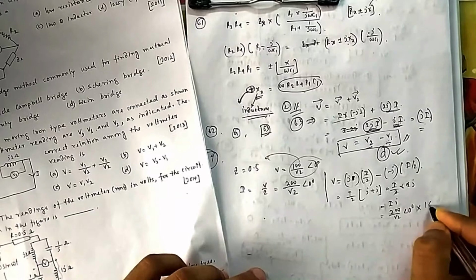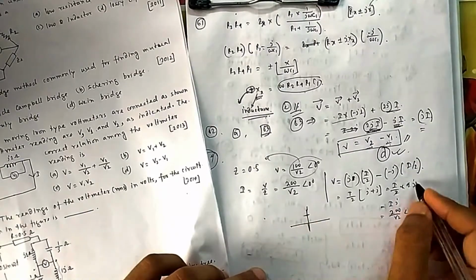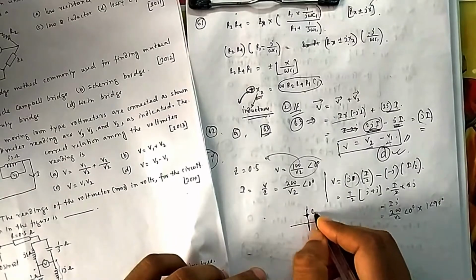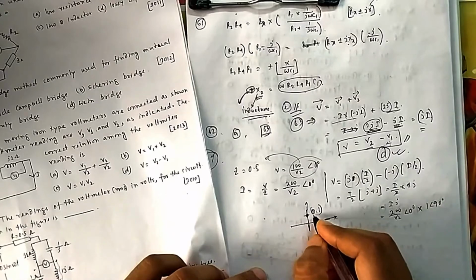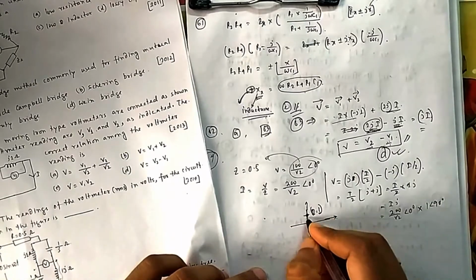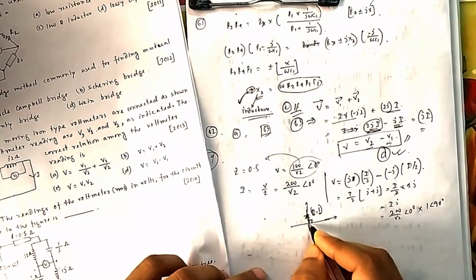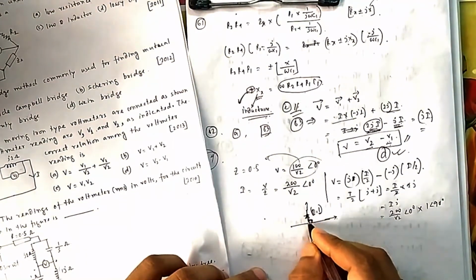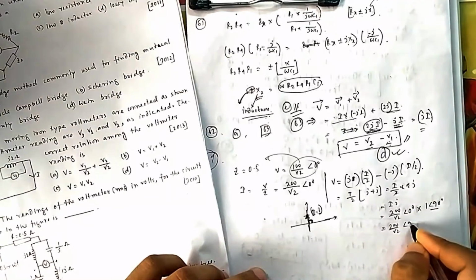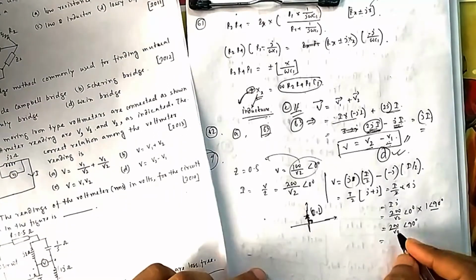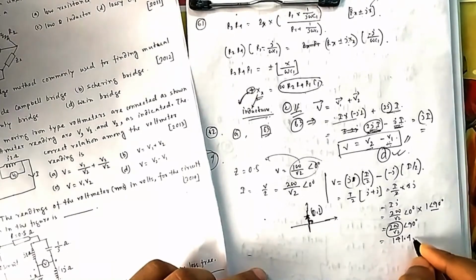What is J? J is 1 at an angle 90, because you know in complex numbers J lies here. J means 0, 1 in the coordinate system, because this is the real axis, this is imaginary. So real part 0, imaginary part 1J. So if you draw the vector of J, this angle is 90 degrees. So magnitude is 1, angle is 90. So 200 by root 2 angle 90. You are asked to find only the magnitude, so it is 141.44 or 141.42.